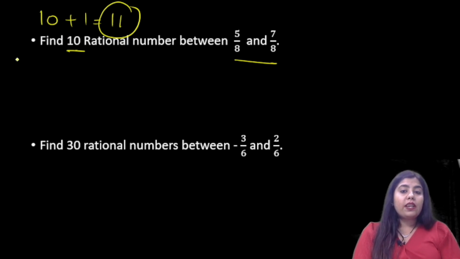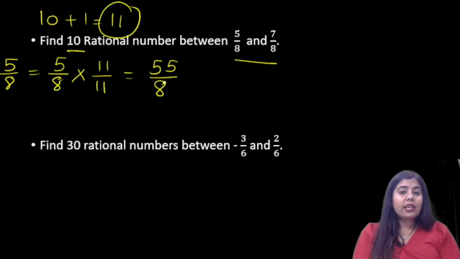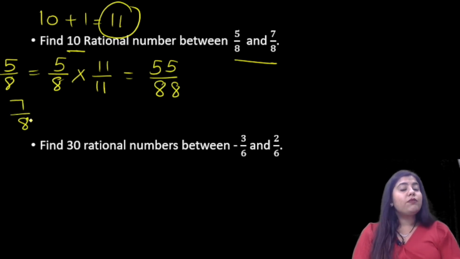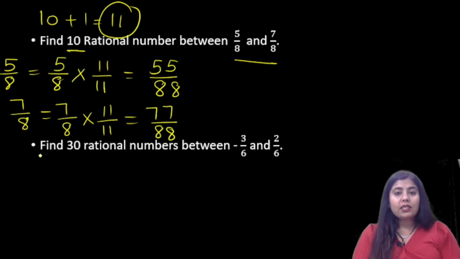Now we can write 5 by 8 as 5 by 8 multiplied by 11 by 11, you will get 55 by 88, right? Next is 7 by 8. We have to find the equivalent fraction of 7 by 8. So we will multiply 7 by 8 by 11 by 11, and we get the answer as 77 by 88, right? Now see, the rational numbers between 55 by 88 and 77 by 88 are 56 by 88,